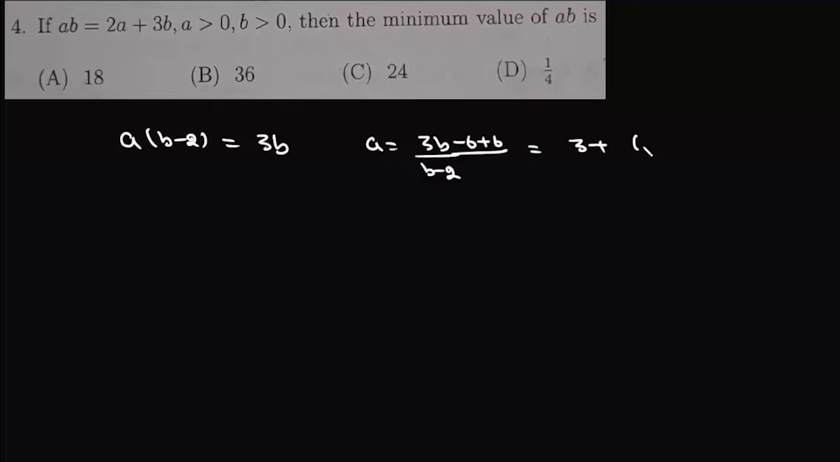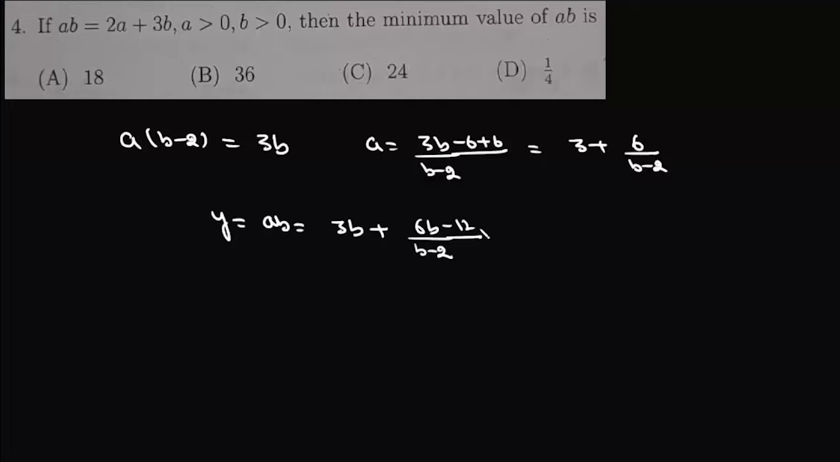Now in fourth question we are given that ab equals 2a plus 3b, then the minimum value of a into b is, where a and b are both positive. Now from here we can write a into (b minus 2) is equal to 3b, or a is 3b upon b minus 2, and what we'll do is we'll subtract 6 and add 6. So it will be this 3 plus 6 upon b minus 2. Now we can write this expression y, which is ab, as 3b plus 6b upon